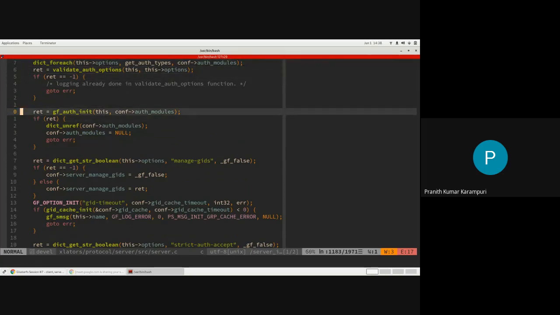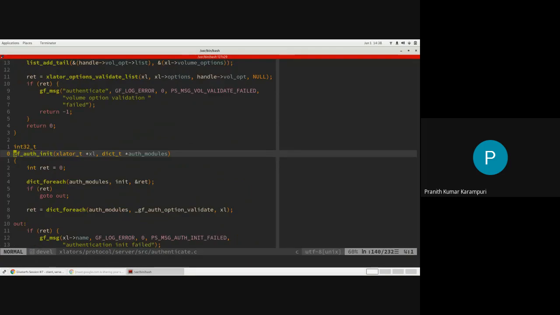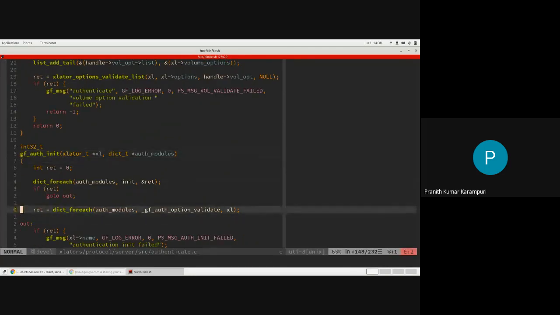So this is called authorization. There are different options that you can specify in your server translator configuration, and for each of these auth modules, it will try to initialize the structures that it needs to set up.